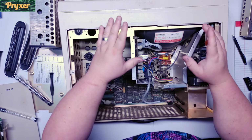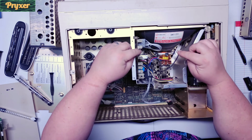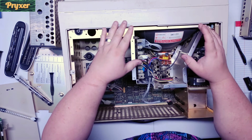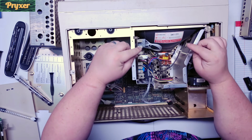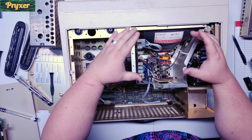So just dispose of them properly. So this one, because of the nature of removing the tube, I'm going to need some different equipment than I currently have here at my house for safety's sake. So I will not be filming the removal of this tube out of this case,